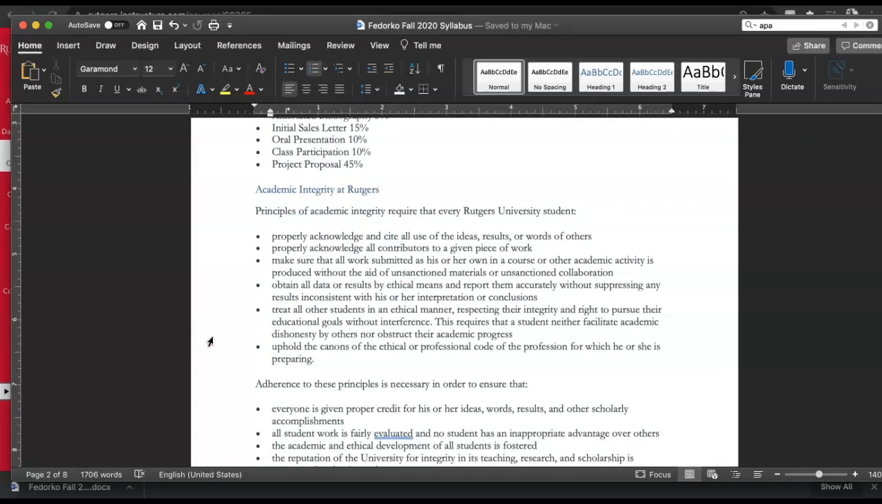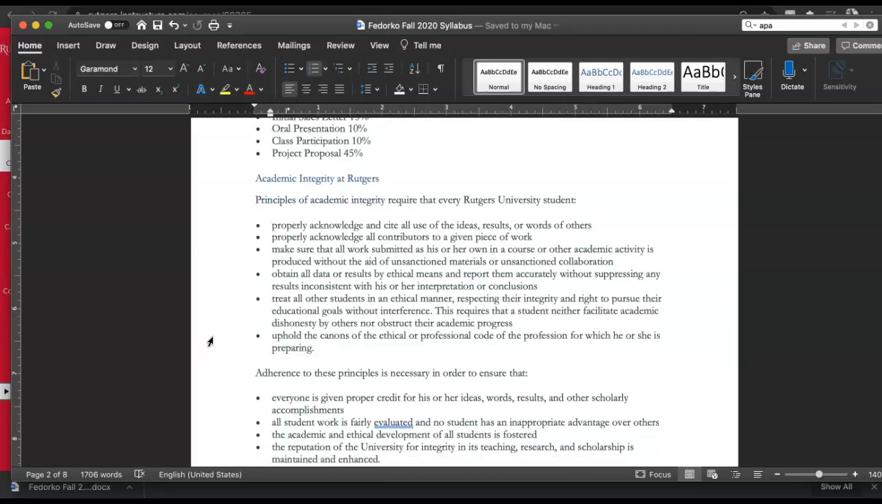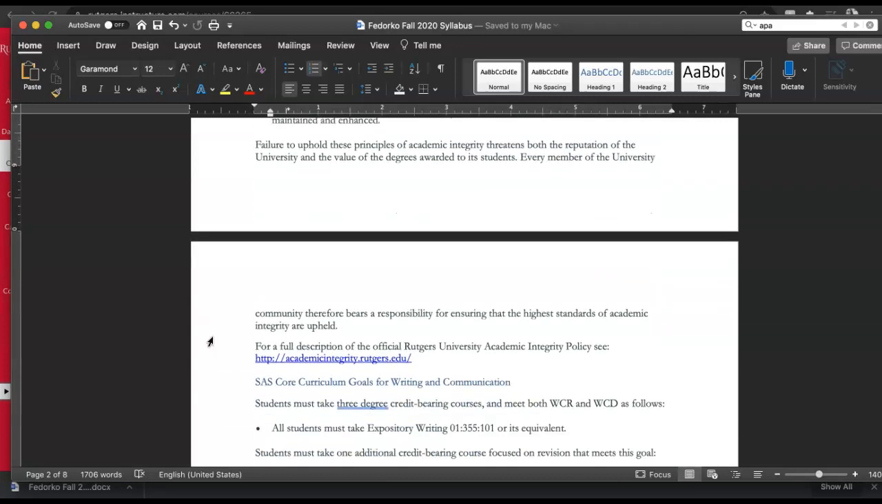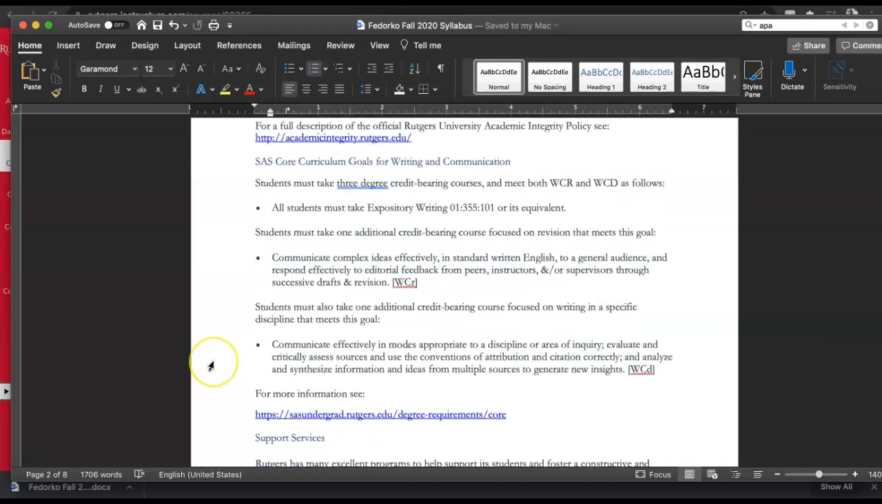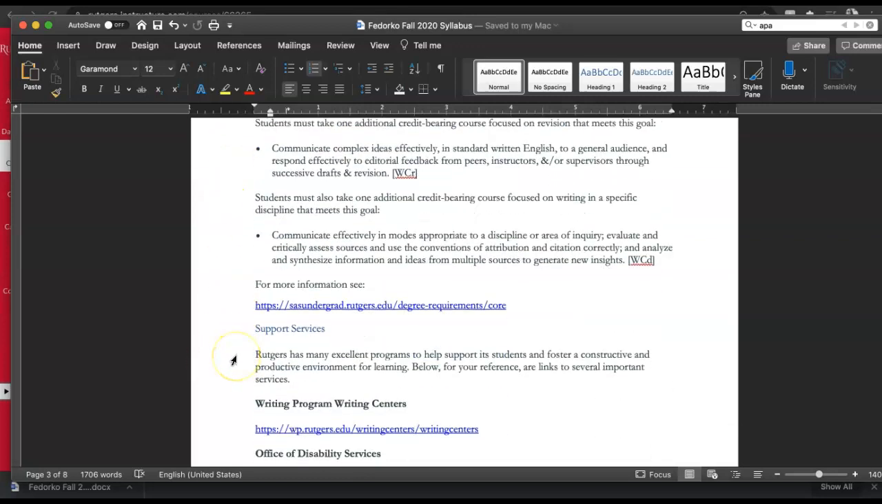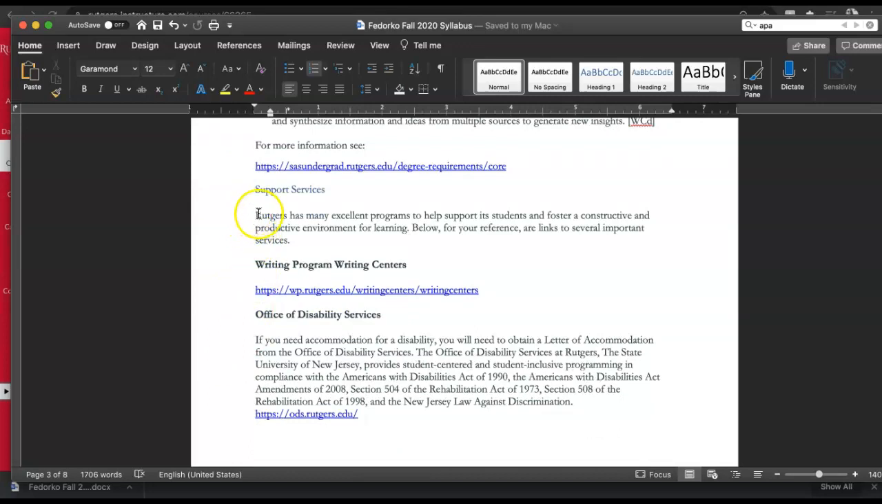I've included a ton of different resources for academic integrity and plagiarism, so please make sure you're checking those out. I have included the link for the full academic integrity policy that Rutgers adheres to. There are curriculum goals that I've included, and then I've included a bunch of different support services. So if any of these things seem like you need access to them, I've included all that information in our